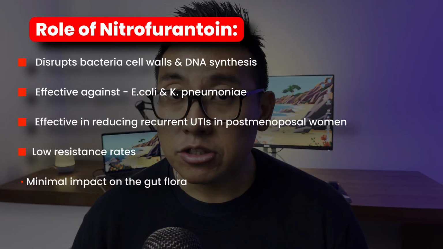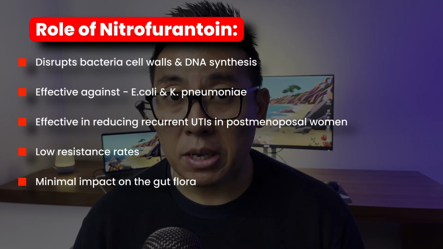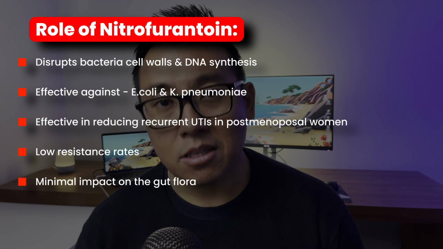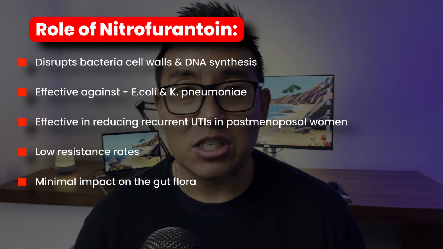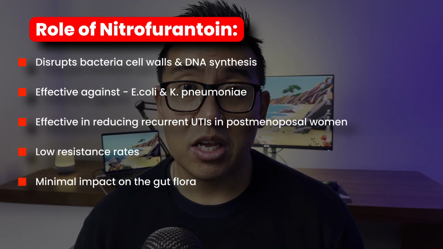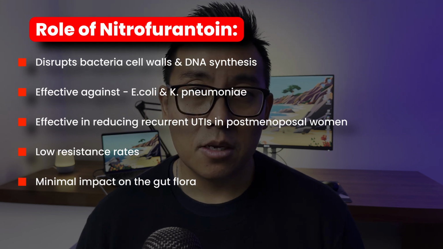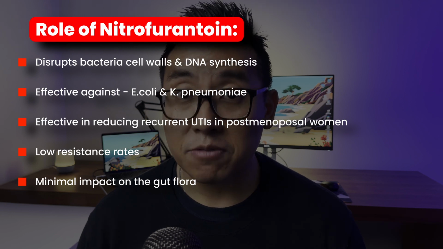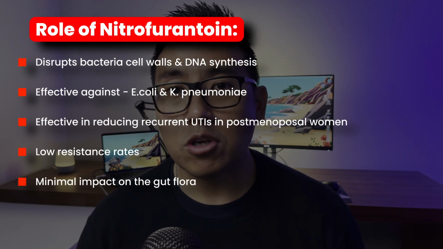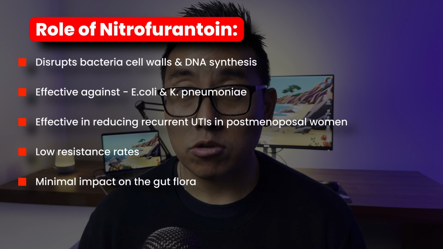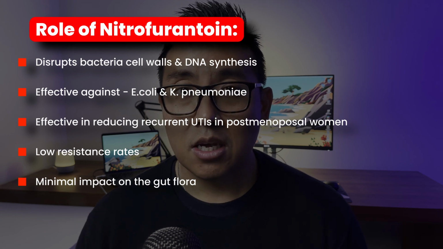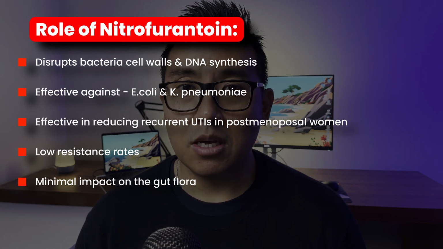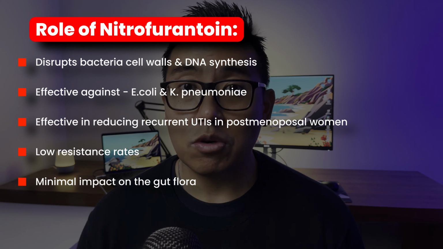As one of the go-to antibiotics for prophylaxis against recurrent UTIs, nitrofurantoin is a real powerhouse that messes with bacterial cell walls and disrupts the DNA synthesis. It's effective against the most common culprits like E. coli and Klebsiella pneumoniae. Studies have shown that nitrofurantoin gets the job done in preventing recurrent UTIs, especially in postmenopausal women who are more prone to those pesky infections. It even outperformed trimethoprim in one study for elderly women with a history of recurrent UTIs.